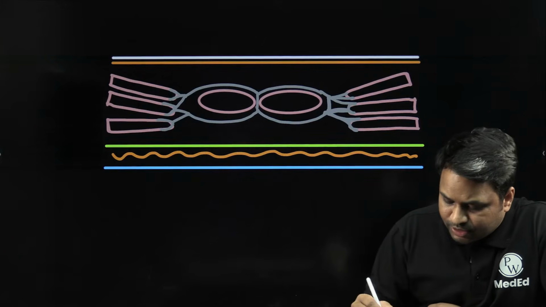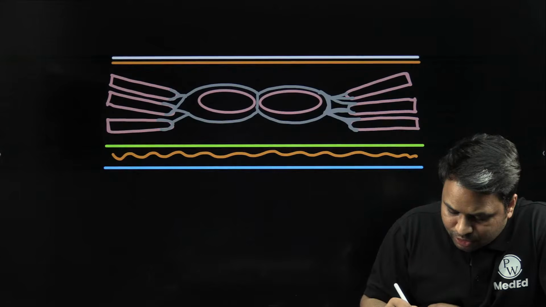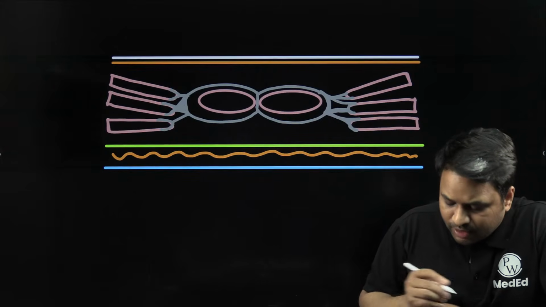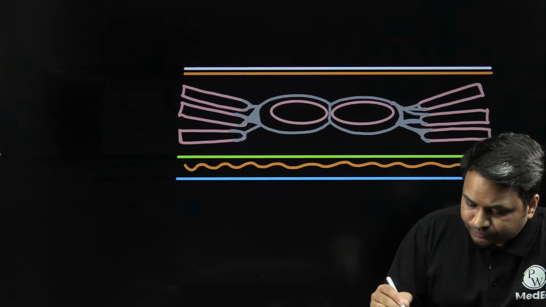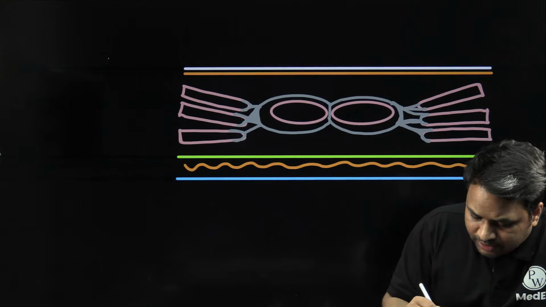Right. So, this is how the rectus sheath is formed. So, the anterior rectus sheath and the posterior rectus sheath. If I quickly label it down,